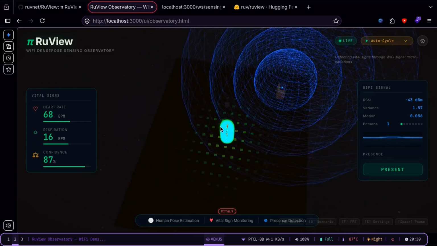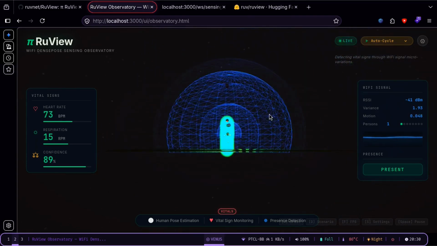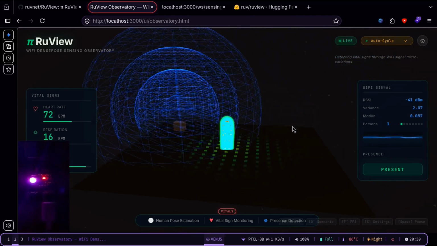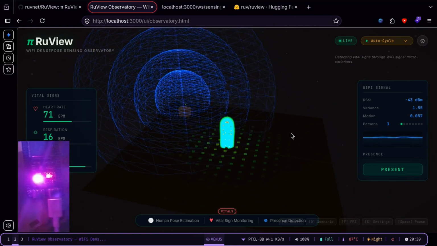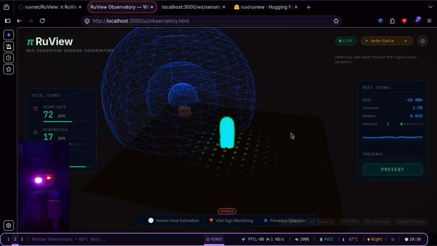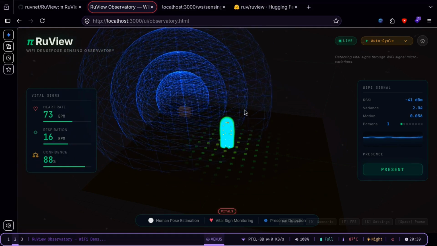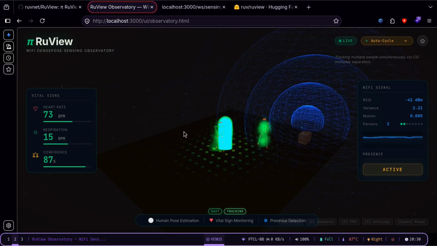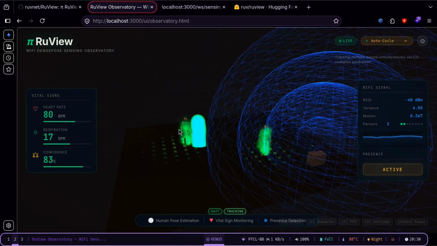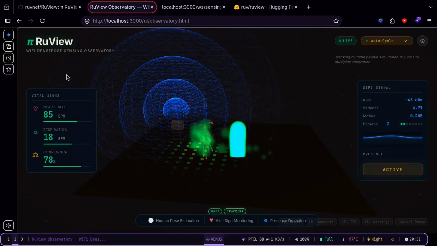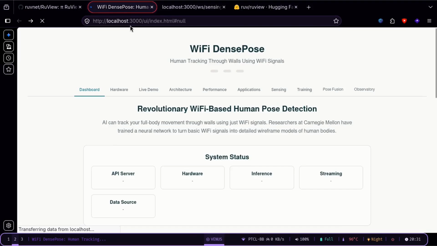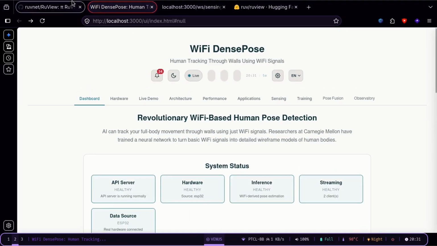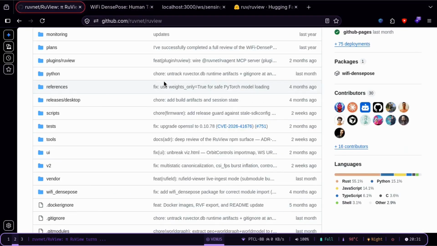I don't know why it's so slow. You have to restart it so it gets the latest data. The dashboard updates live. So as you can see, there are two people right now in the room, and well, we are not parking, so I guess it does need some improvement. It's a really interesting idea, but the implementation is not that great. It feels like a poorly vibe coded project.